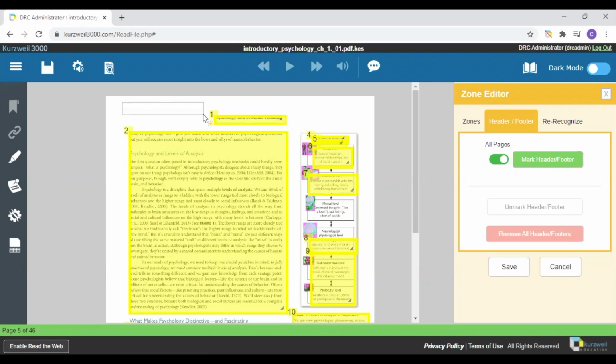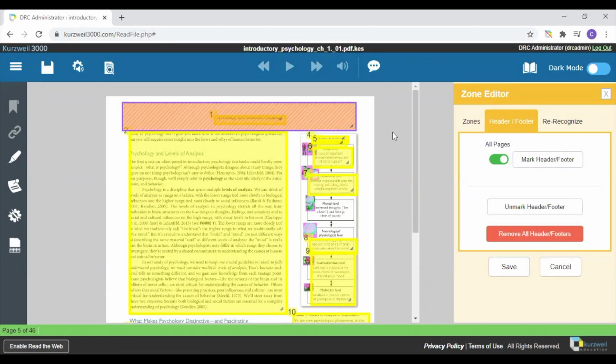At this point, you can go ahead and click and drag to mark where you want to mark your headers and footers. An orange box with stripes will appear if this is applying to all pages. If it is not applying to all pages, it will be just a plain orange box. Once you've marked your area, you can go ahead and click and drag on the side of the box in order to change its positioning, or you can also change its shape as well.